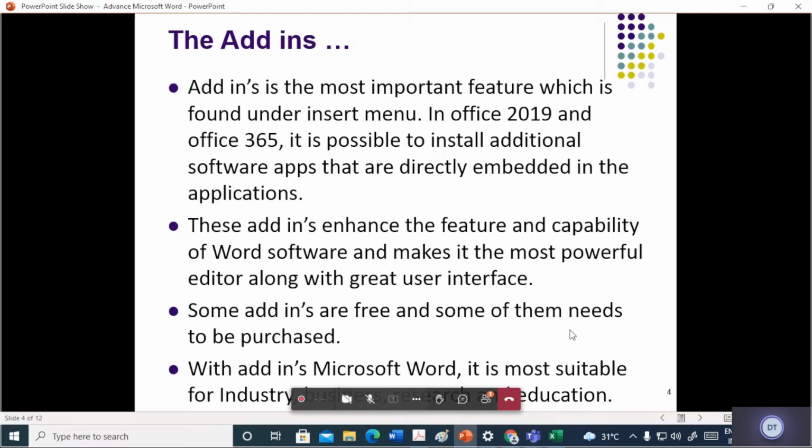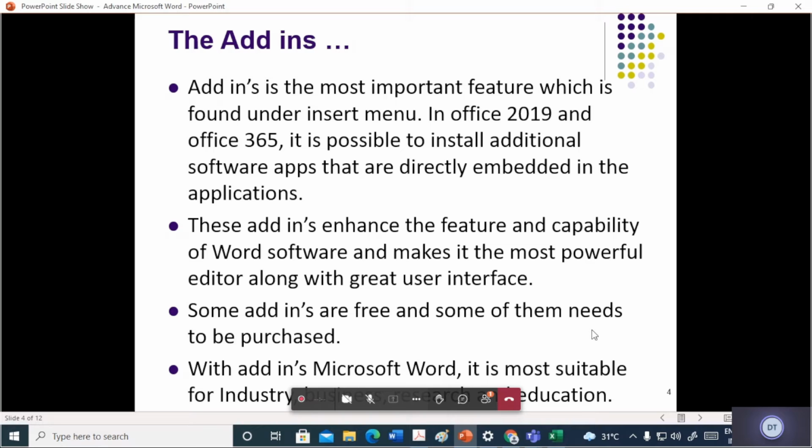So now there are various add-ins available on the internet that you can add in Microsoft Word, Microsoft Excel or Microsoft PowerPoint, which will greatly enhance their usability.